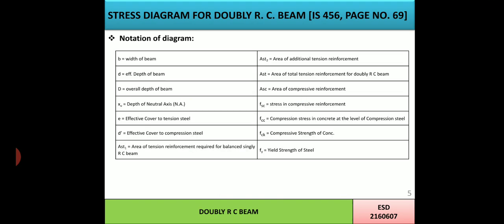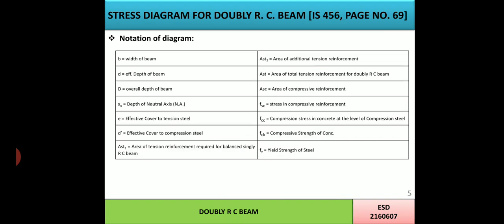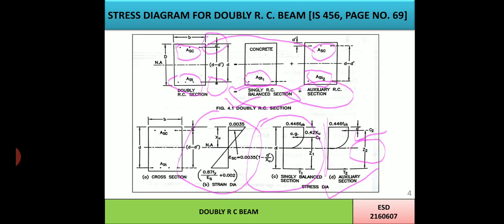Now, which we already discussed in the figure, notations of the diagram: B, that is width of beam; small d, that is effective depth of beam; capital D, that is overall depth; XU, depth of neutral axis; d, that is effective cover to tension reinforcement; D dash, effective cover to compression reinforcement; AST1, that is this one over here, area of tension reinforcement required for the balanced singly RC beam; AST2, that is the case of auxiliary section, that